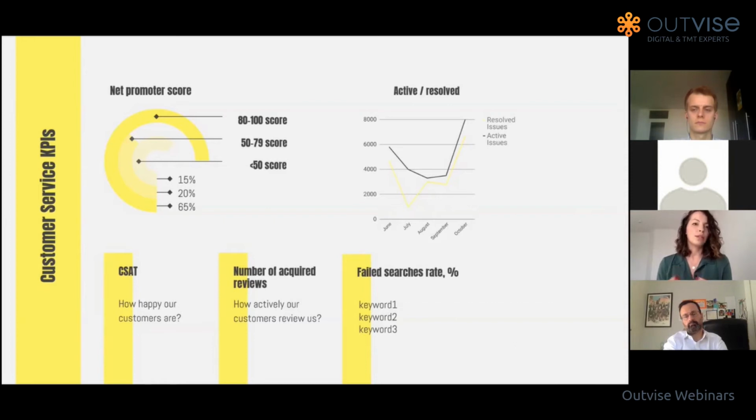Or by building those KPIs, you can also make customer service better by providing the needed content, needed products, and so on and so forth on your website. So it's also a very good way to understand your customers. And not only digital analytics, as I said, is a helpful tool to measure those KPIs.